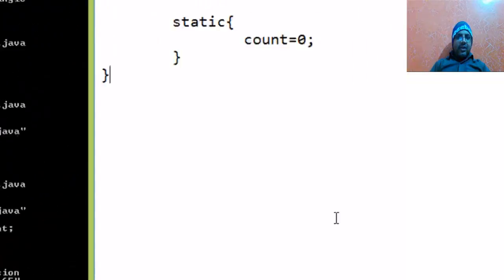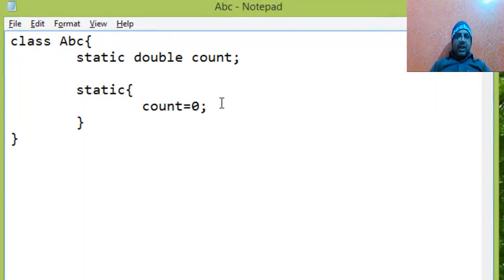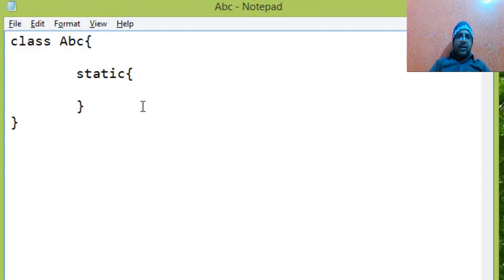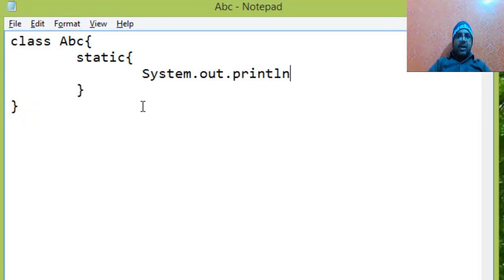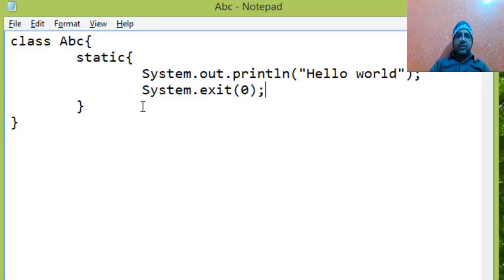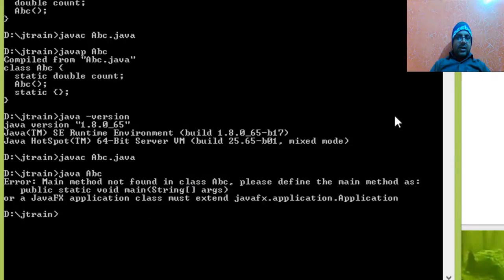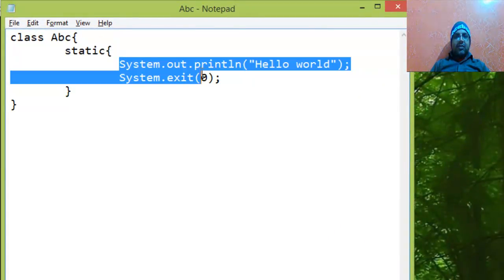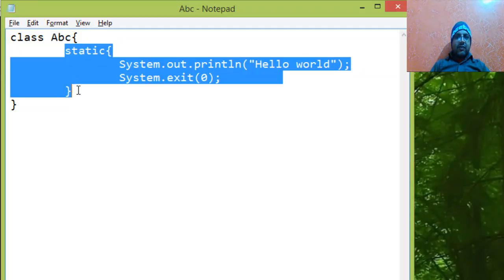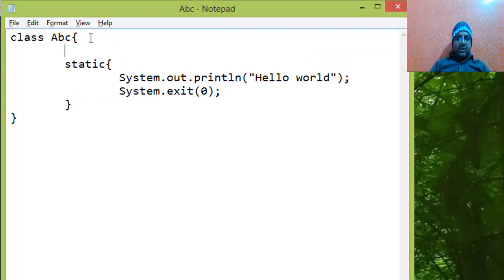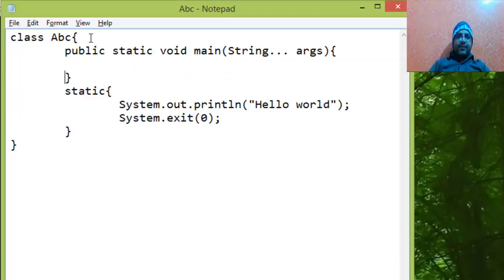I am using a higher version, but if you use Java 1.6, then you can run your program without having any main method, like System.out.println hello world, and then System.exit(0), and this program will execute if you are using the older version. In this version it says that the main method is not found, but in the earlier version you will see that it is directly executed, because the static block is the block which is executed first of all when the class is loaded into memory. So let me show you, just adding a main method to satisfy the rule,